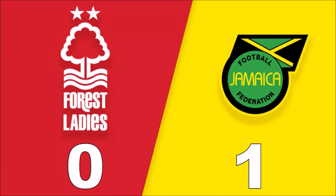Jamaica down that left-hand side once more. Plays it inside to Sweatman, middle of the Forest half. Constantinou back to Harkin at the centre of defence. Back to Chambers. Chambers tries to play a ball forward. It's headed in the air on the first bounce by Constantinou, and then a second touch is poor. And here come Jamaica again, and Foster's going to get to that one before it reaches the byline in the